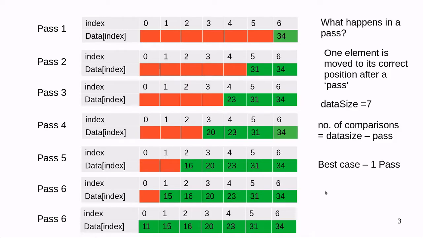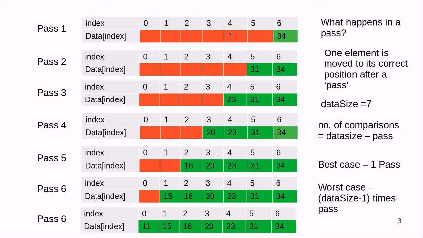Okay, and what is the best case possible? When exactly are we going to take the least amount of time to find a bubble sorted array? The best case would be when the array is already sorted. Then in one pass we will do the comparisons and try to make swaps, but the swapped flag will remain 0 after the first pass. So even if it's fully sorted, we'll take one pass to ensure that it's sorted.